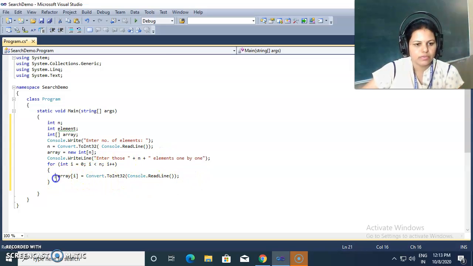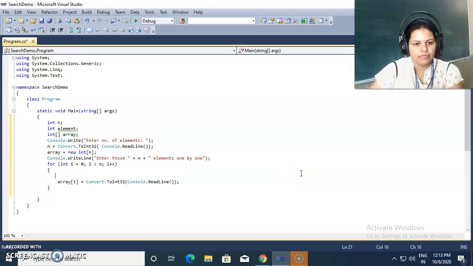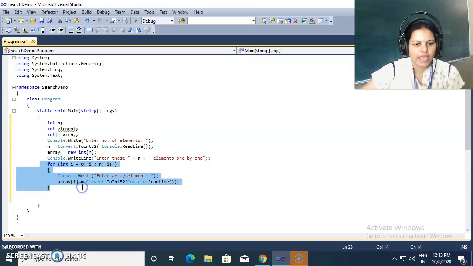The user gives one element, but before that I'm giving one message to the user as enter array element. How many times will this message come in front of the user? N times. Now after executing this for loop, our array is ready with these n elements.